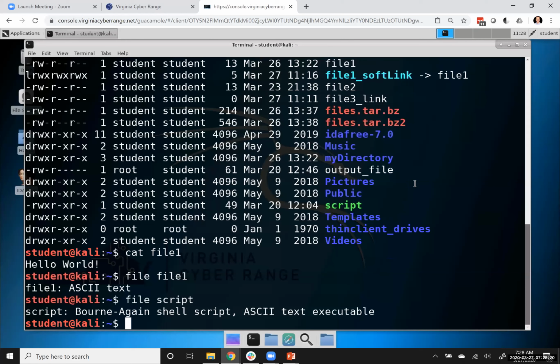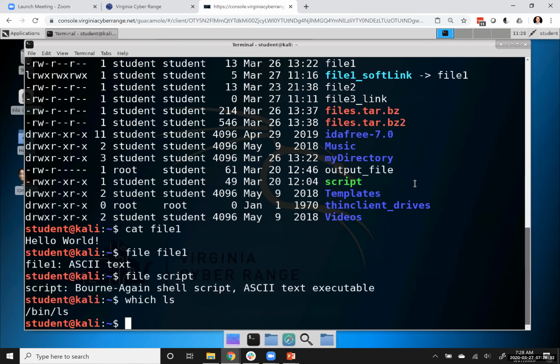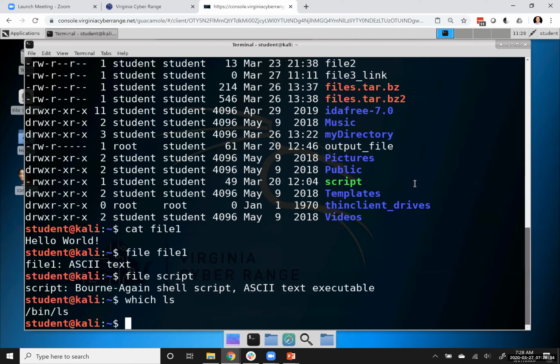So first, how do I find the ls command in the file system? We used some different techniques for finding files earlier on. In this case, the quickest way is to say which ls, and it tells me that the ls I get when I type ls at the command line is located in the /bin directory. So if I were to say file /bin/ls,